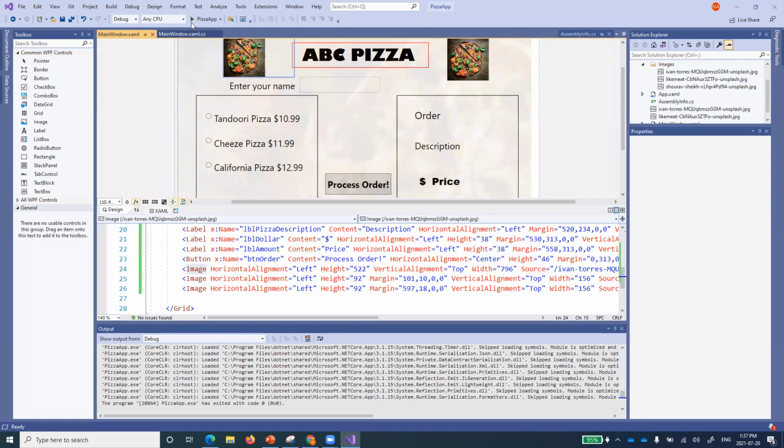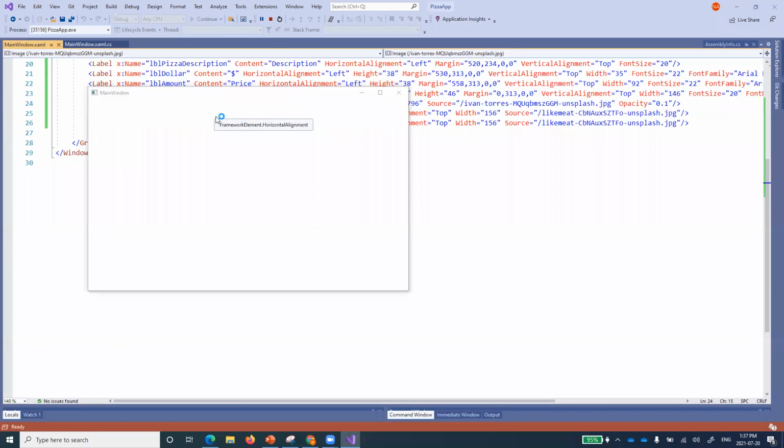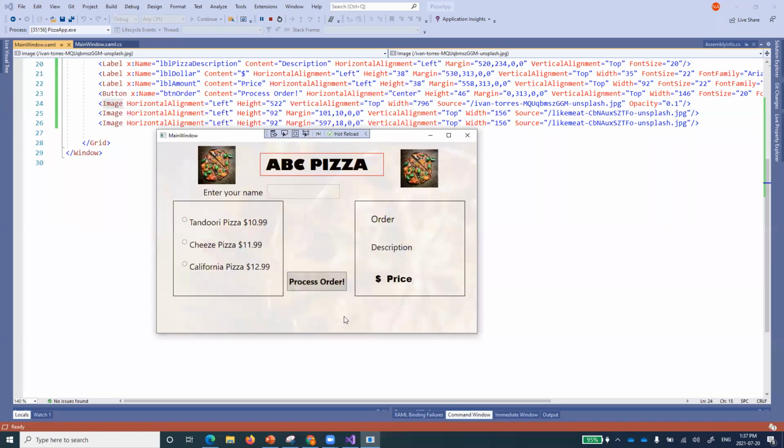So let me just run that again. Now I'll take feedback again, because now I have added the pictures. How many of you see a picture in the background? Myself, I have just done 10%. So are you people ready with this one? Because now we'll be starting to jump into the code. We'll try to write the code over here. How many of you are ready with this one?